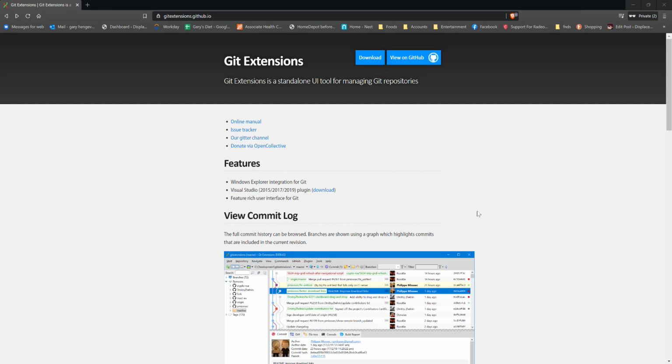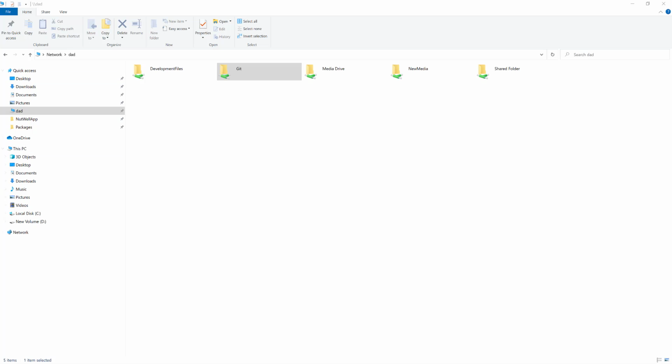It's not real difficult, but they did change an update in Visual Studio, so that's why I have this updated version out there. So the first thing you want to do obviously is go online and download the free Git extensions. You can do that here at gitextensions.github.io. Once you download and install that for your particular computer, the next thing you want to do is go